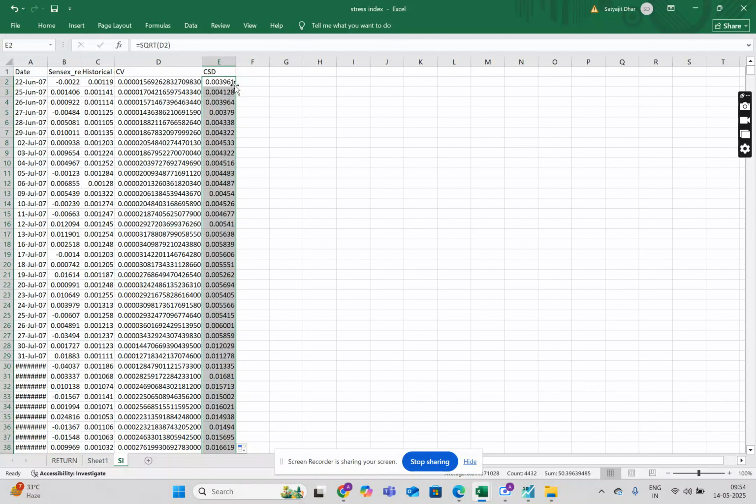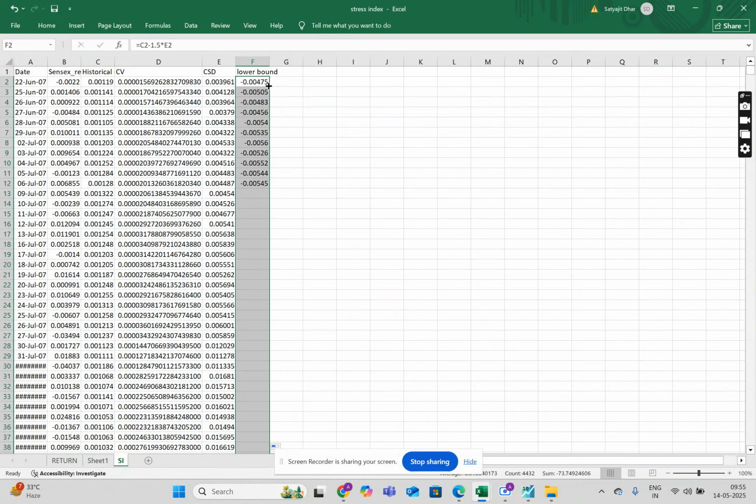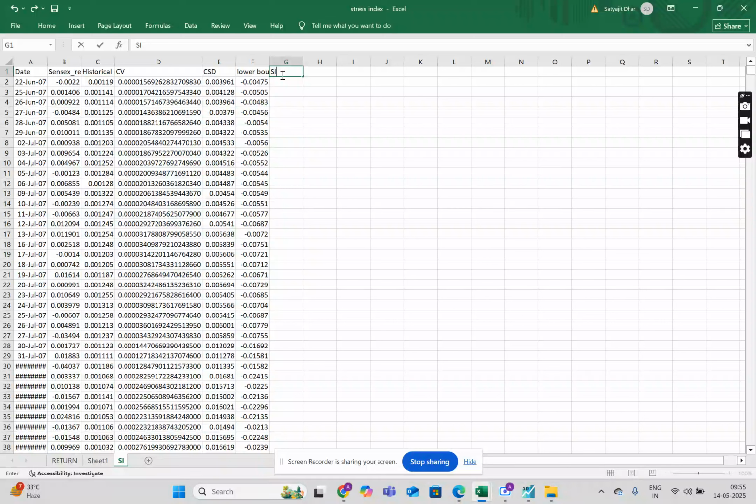Now let us find the lower bound. So the lower bound is equal to the historical return minus 1.5 times CSD. Here it is. Now my stress index is calculated as: if my actual return is less than